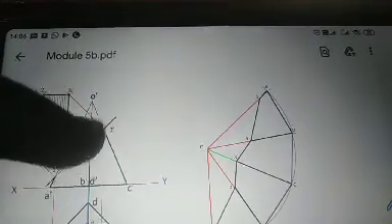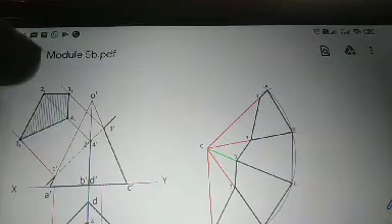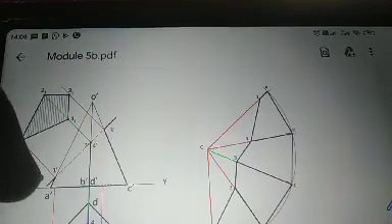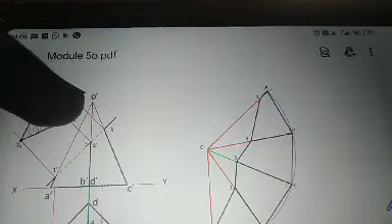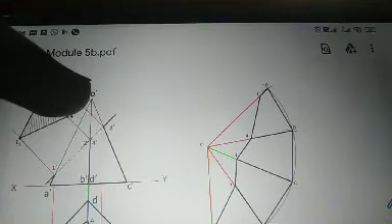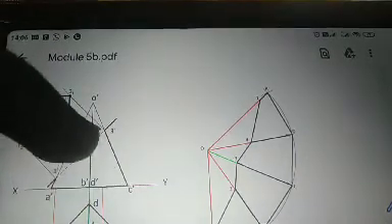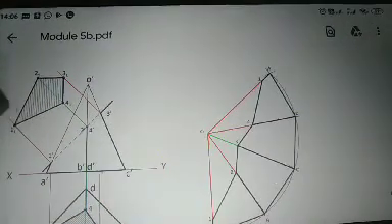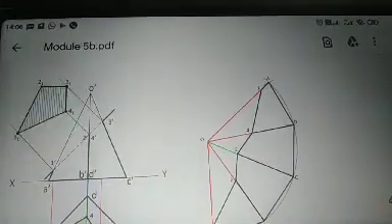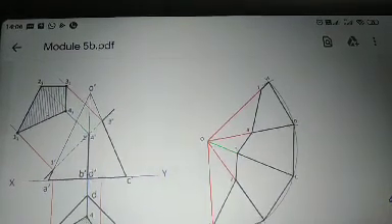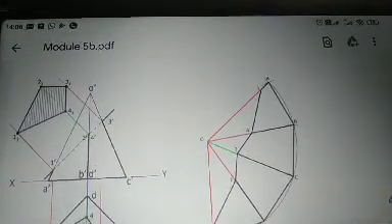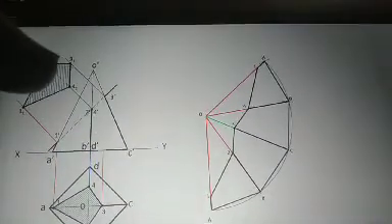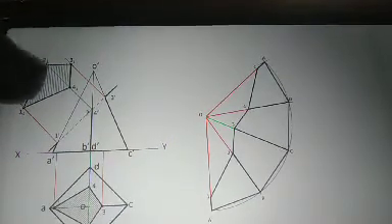Okay, now this section line cuts the edges of the pyramid at different points. It cuts the O dash A dash edge at 1 dash point. It cuts the O dash B dash edge at 2 dash point. It cuts the O dash C dash edge at 3 dash point, and cuts the O dash D dash edge at 4 dash point. Mark all these points 1 dash, 2 dash, 3 dash and 4 dash respectively for every edge. After that, you have to project all these points, or directly by measuring from